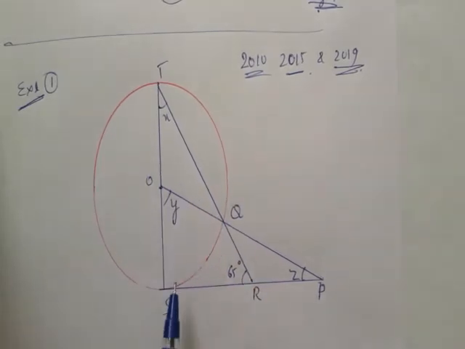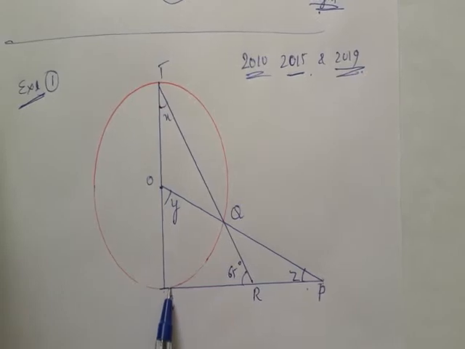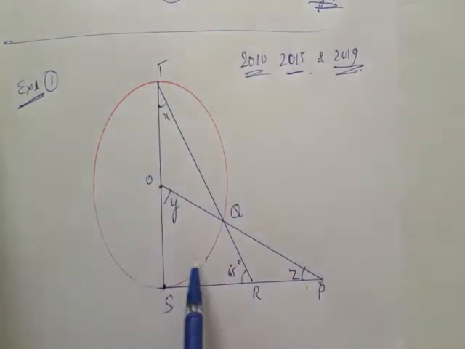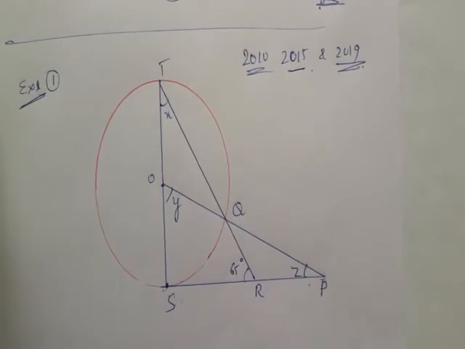As I told, in the given diagram, anywhere you see a tangent, it is a tangent problem. Now look at the given problem, SP is a tangent. Because SP is a tangent, when you extend it, it goes away from the circle. That means PS is a tangent because PS meets the circle at the point S. S is the point where the tangent and the circle meet. It is called the point of contact. S is the point of contact.